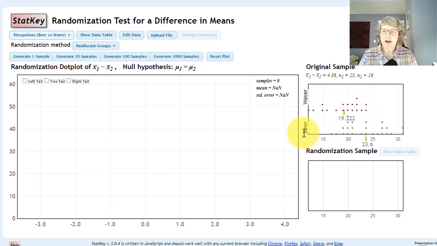The second part of the graph, we also have the beer drinkers. You can see the smallest there was 17, and then 18, 19, 19, 20, and those go up to 31. Okay, so it does look like if we just compare these two dot plots, also the mean for the beer drinkers was 23.6 mosquitoes. So if we compare these two dot plots, it does look in general like the beer drinkers